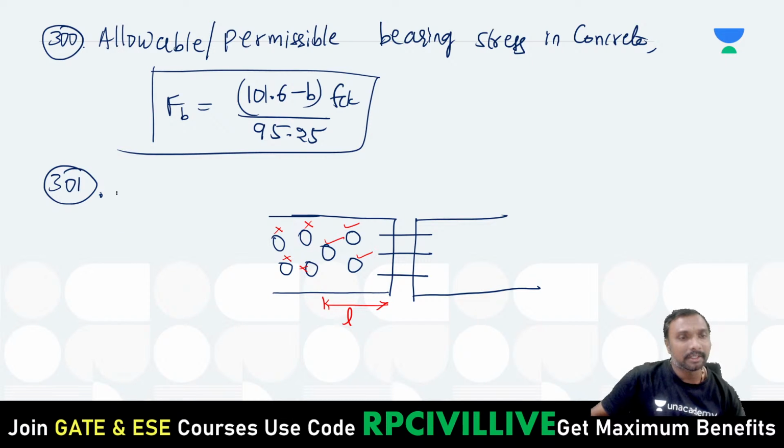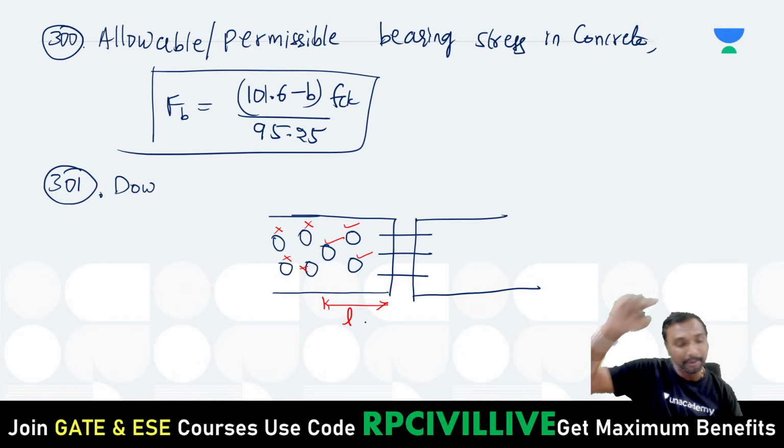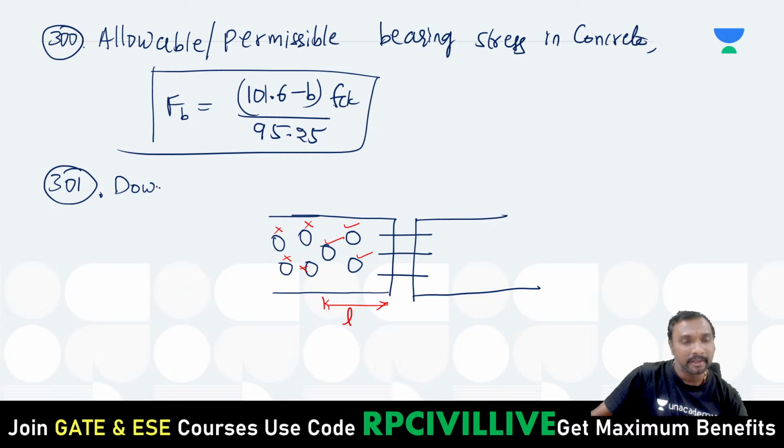You can say dowel bars will transfer. What is that L? Radius of relative stiffness. Yesterday we gave the formula, E h cube by 12k into 1 minus mu square, whole power 1 by 4. Yesterday we have given that formula. Dowel bars will transfer loads